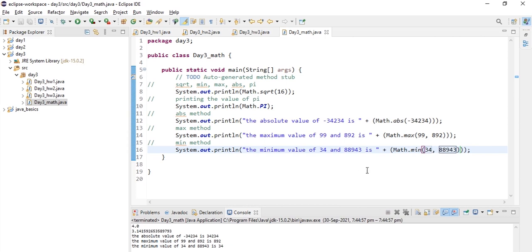So 34 should be printed, so the minimum value of 34 and 88,943 is 34.